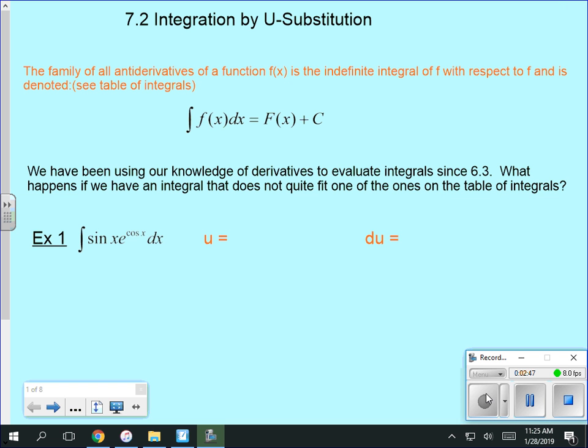You do not want to start and try to answer every problem on the test using the last thing we learned. There's somebody who always does, because the last thing we learned is usually what always works when you're taking a math test. It does not work that way with integrals. You have to look at the problem and decide, based upon the problem, which method to use, because some are easier than others. If you try to do straight up antiderivatives when you should do a U sub, it won't work. If you do a U sub when you should do a UV, it won't work. When you do a UV when you're supposed to do a U sub, it won't work. So they're not interchangeable methods. Okay. Now,